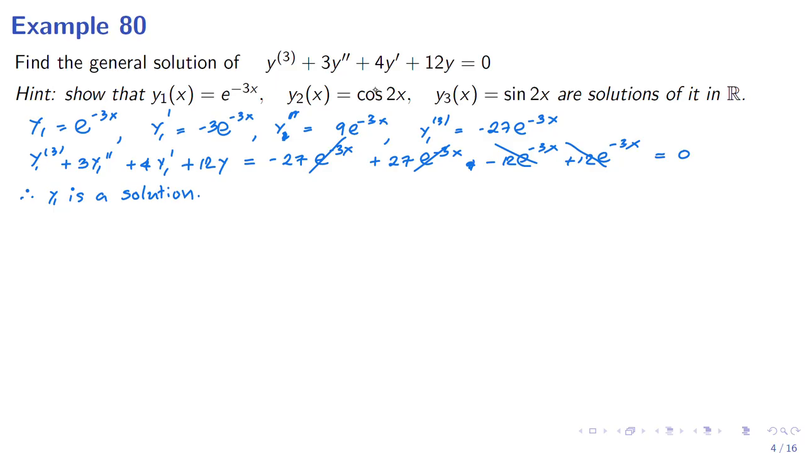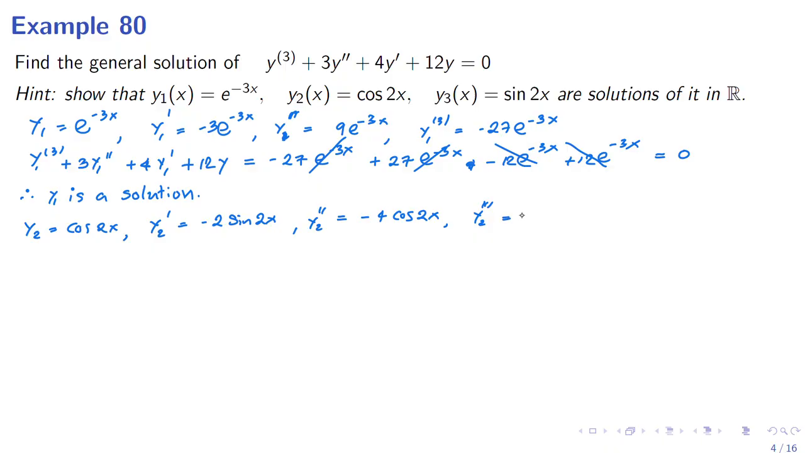I'll show that cosine 2x is also a solution. One can also show it for sine 2x. I'm not going to do that. Okay, so look at y2, which is cosine of 2x. We need to find its first derivative, which is minus 2 sine 2x, and its second derivative of y2, that is minus 4 cosine 2x, and the third derivative of y2 is,